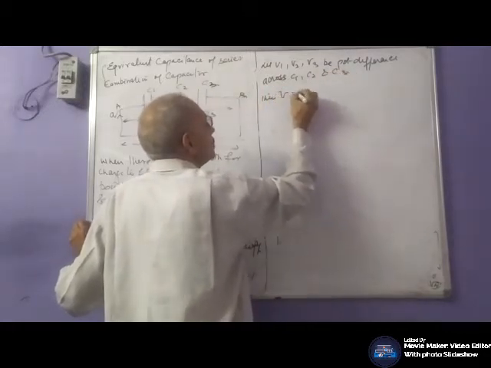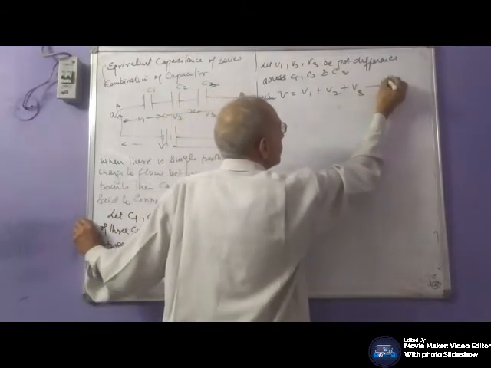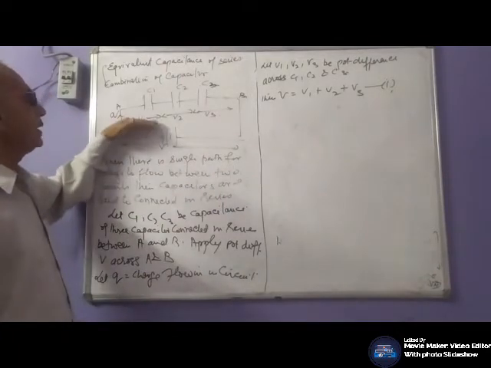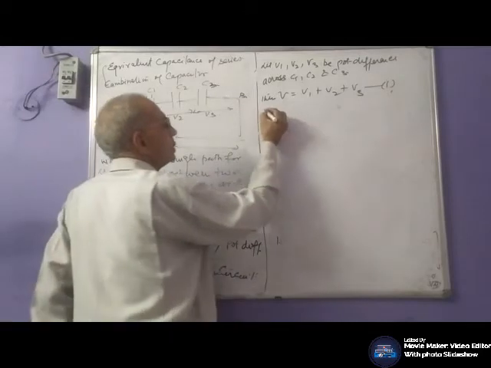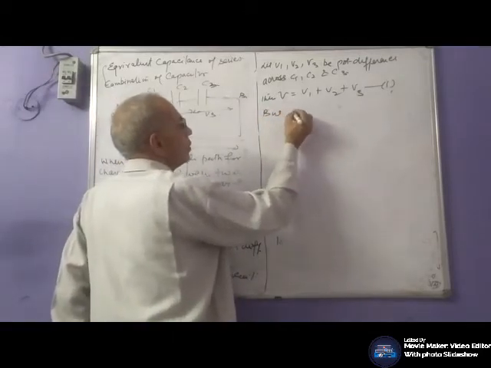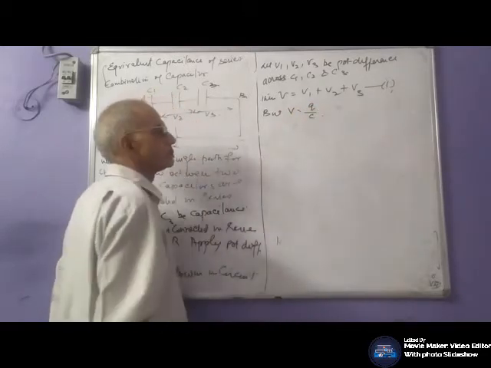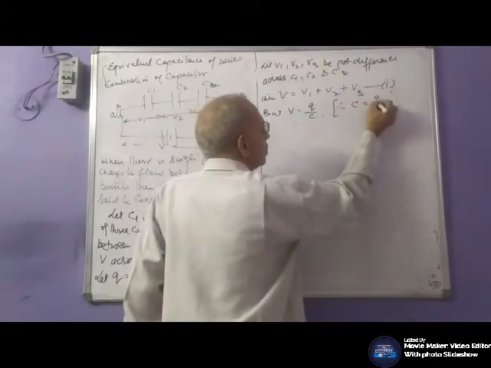Then V is V1 plus V2 plus V3, number 1. This V will be divided into V1, V2, V3. But V is Q by C. Why? We know this definition, C is Q by V,